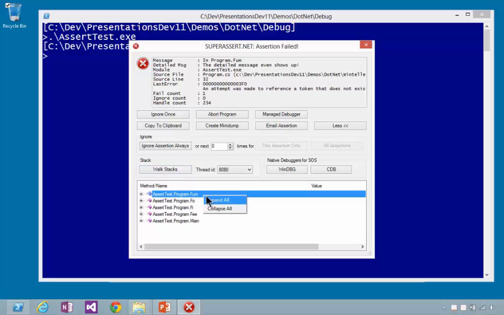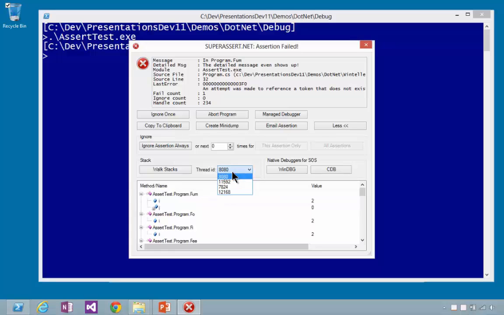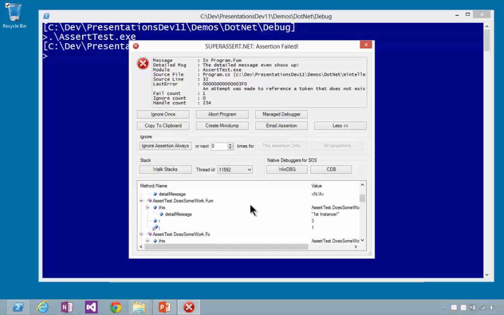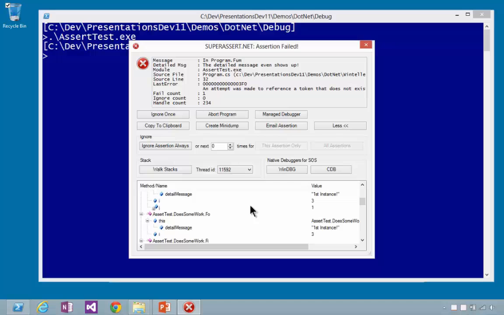I'm going to right click in the window down here and say expand all, and what do you have? Exactly, you've got all the locals and parameters. In fact, it gets even better because I can go over here and now look at what the other threads were doing, and I can expand all of those. And this way we're getting to see all of my locals and parameters as I'm debugging. So this is magic. And yes, when you copy everything to the clipboard, any of these call stacks you've walked this way will automatically show up. And I found that having all of this information in